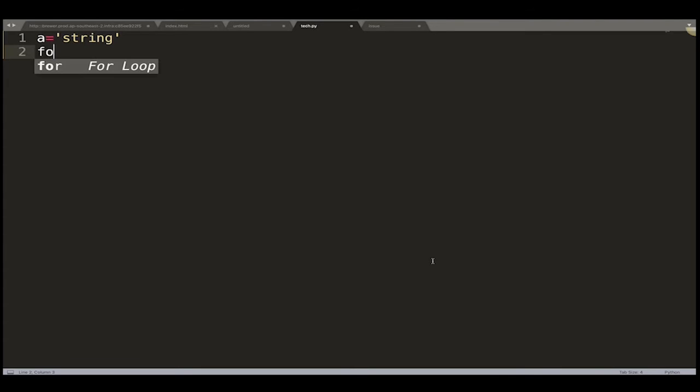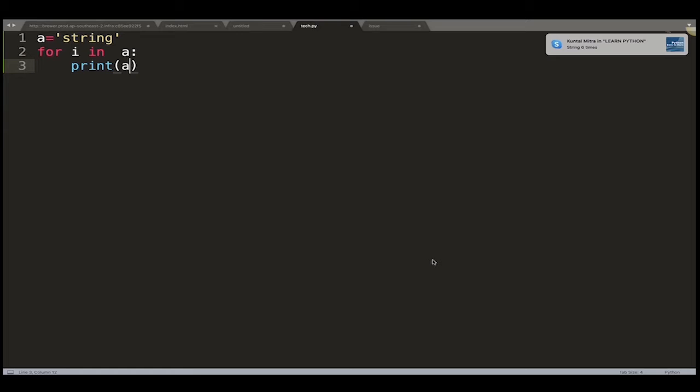There is a for loop: for i in a, print i. So if I print i here, what will be printed?